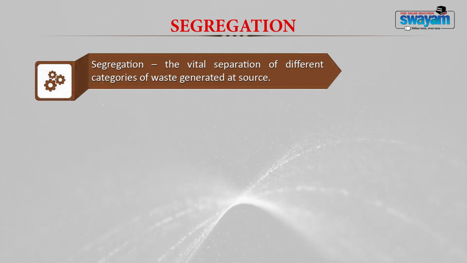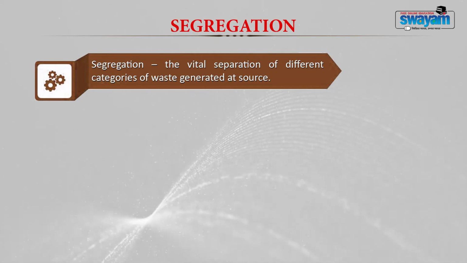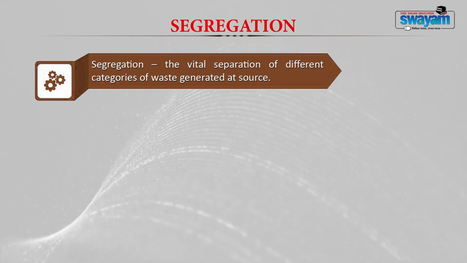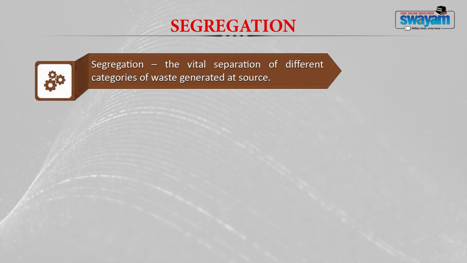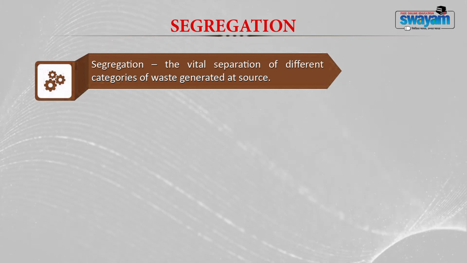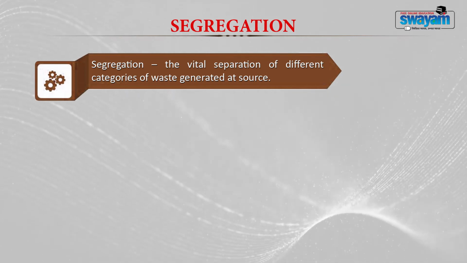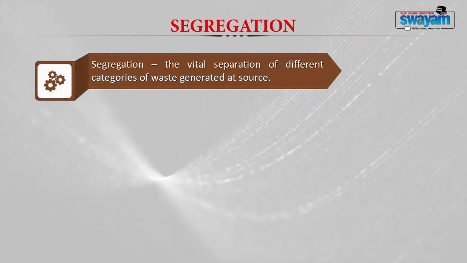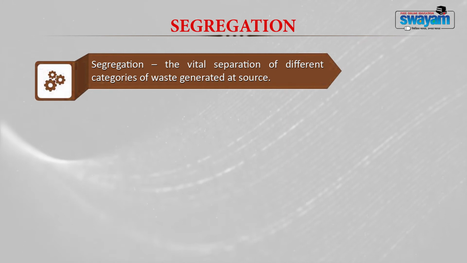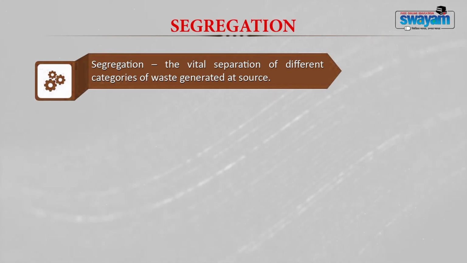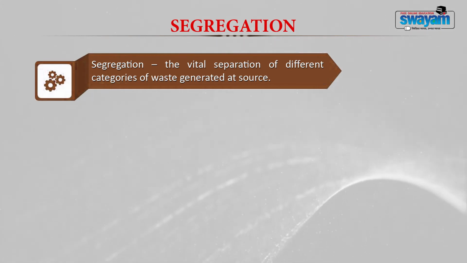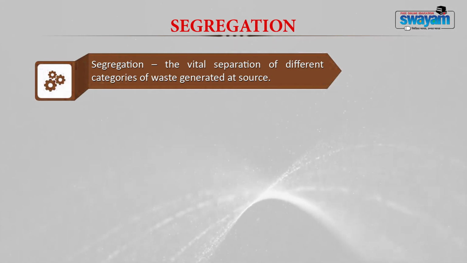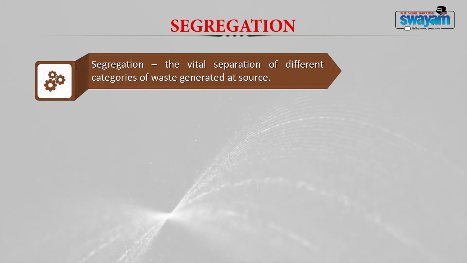Now, segregation. Segregation is nothing but simple separation of waste. You segregate it under the non-hazardous category or the hazardous category. Under non-hazardous also you segregate them, like plastic waste or paper waste or food waste accordingly. Segregation is a very vital step, especially in biomedical waste management, and here you segregate the waste into different categories. This segregation is done at the source of generation, like your hospitals, health centers, medical centers; there itself you segregate them.